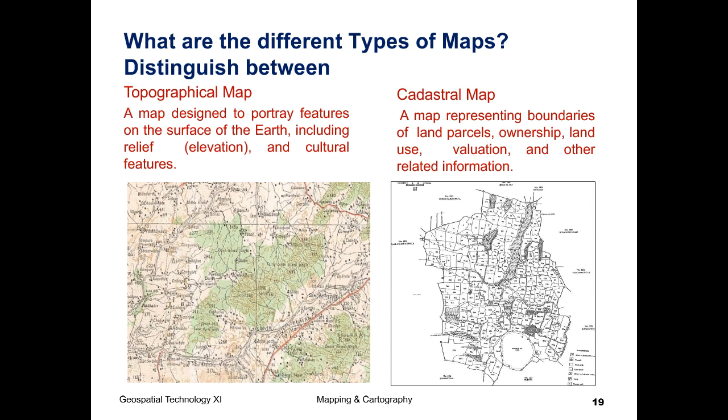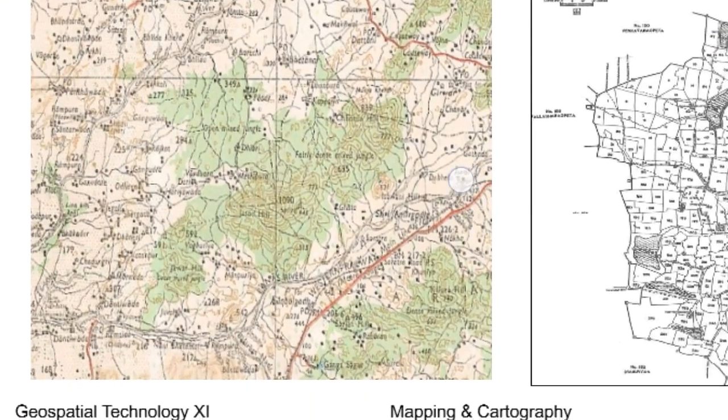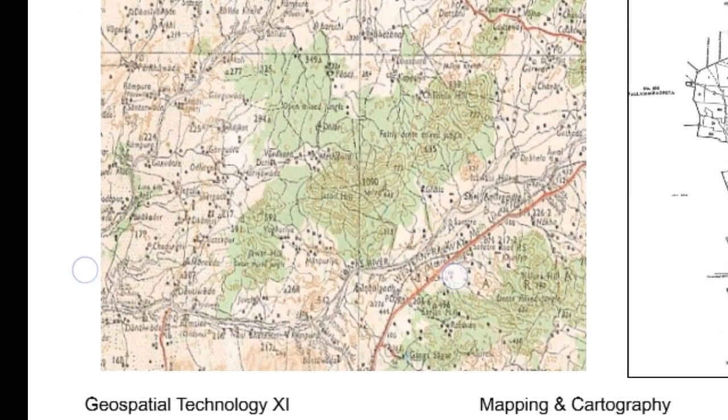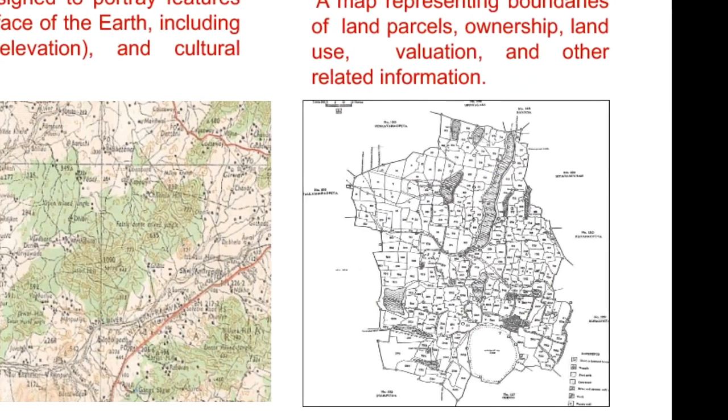If you see on the screen, on the left hand side, you will see the topographical map. And what are they showing? They are also showing elevation. And how is the elevation being shown? It is being shown by the lines that are there. You can notice, now I am trying to expand it, and you can see that there are some lines which are shown. And what are those lines? They are contour lines which are showing the whole area.